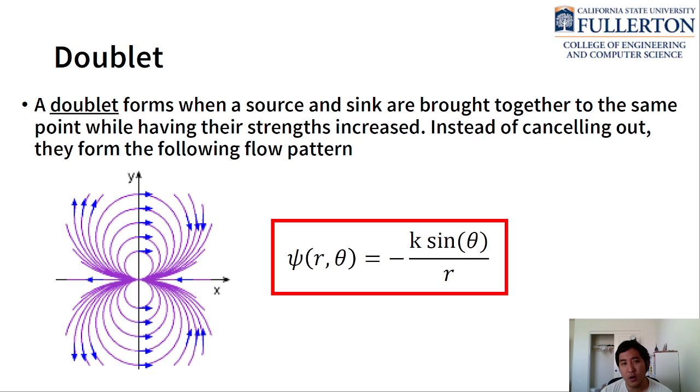A doublet is a little bit hard to explain. I think people remember it for how the figure looks, which is like this hourglass shape with rotating flow. The easiest way to think about how it forms is if you take a source and a sink and push them together to a single point while amping up their strengths. A lot of people would think that if you put together a source and a sink they would cancel out. And they do near the middle, but then far away they form these circular patterns. And so the stream function for a doublet is given by this, where K here expresses the strength of that